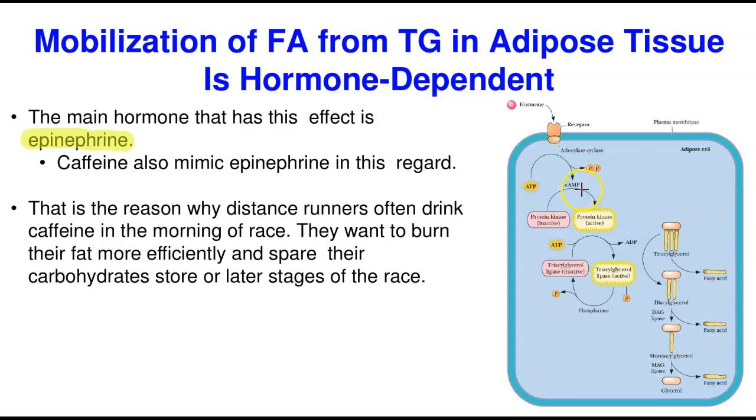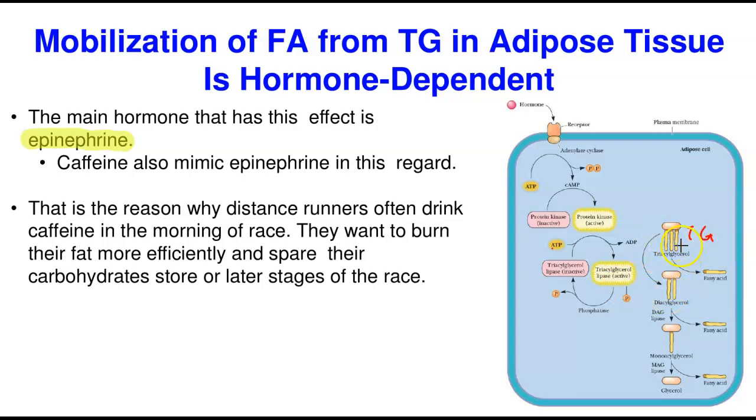And then the cyclic AMP will now activate the inactive protein kinase. Remember, a kinase is any enzyme that will phosphorylate another substance or transfer a phosphate group. So it will activate this inactive protein kinase to an active one. The active protein kinase will now induce the phosphorylation of this triglycerol lipase. The phosphorylation of triglycerol lipase converts the inactive lipase to the active lipase. It is now this active lipase that acts on triglycerol, this TG, and begins to liberate the fatty acid